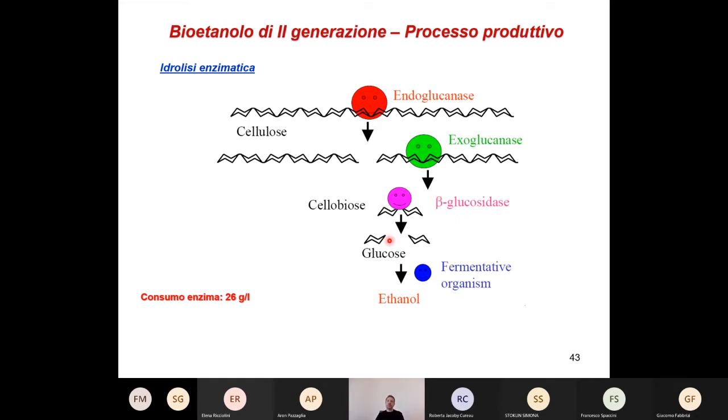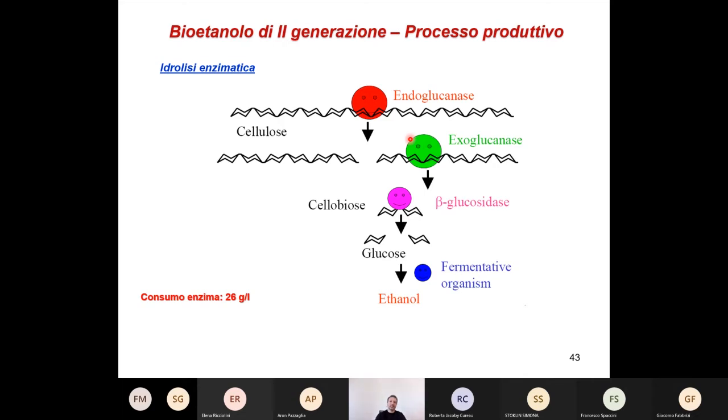Okay, so this is the enzymatic hydrolysis with the two main enzymes you use in the mix to obtain your final results, so simple sugars. And then fermentative organisms, in general Saccharomyces cerevisiae yeast, to produce ethanol. Okay, so it's very simple, but it makes you understand what this hydrolysis and fermentation, enzymatic hydrolysis and fermentation process means.